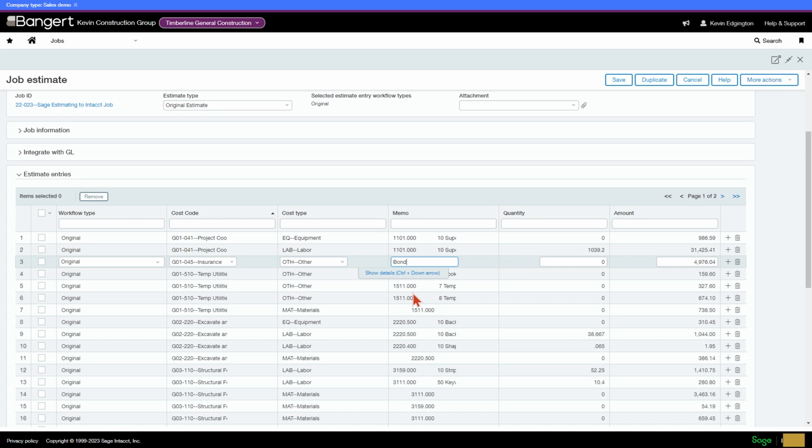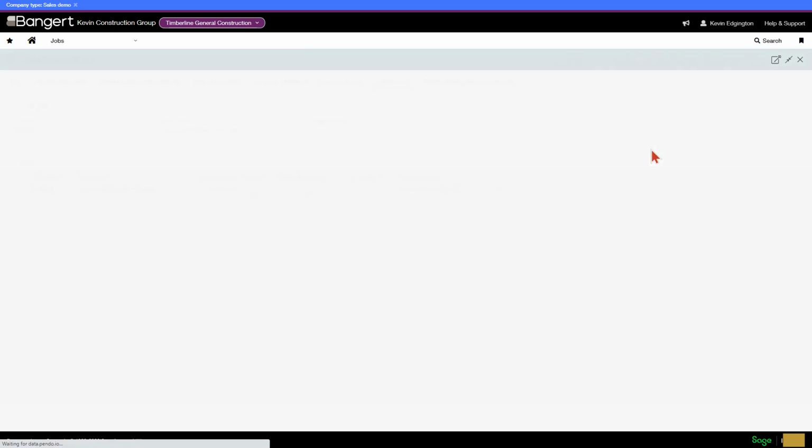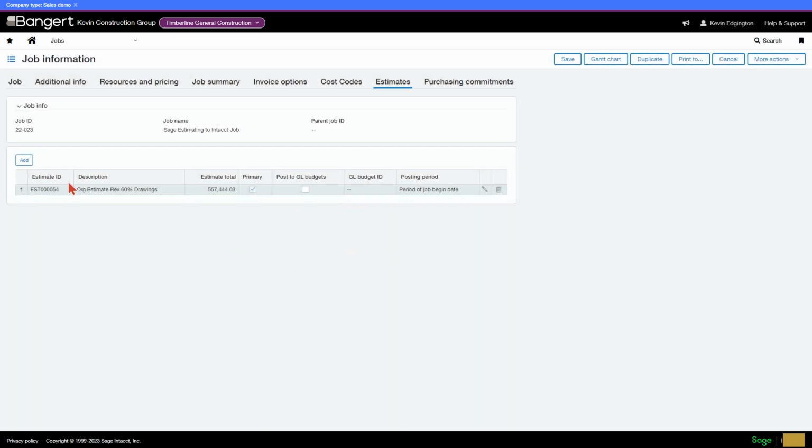All that information could just come right over from my estimate to get that project set up. Now, I also said earlier that you can do multiple estimates. So if I go ahead and say cancel here for a moment, if you did another estimate, you could see, just like you see here, here's my current estimate at 80% drawings or something of that nature. So that way you could see a list of different ones, over here on this side of things.